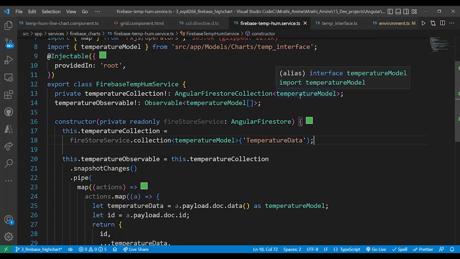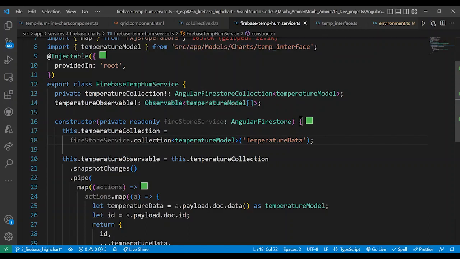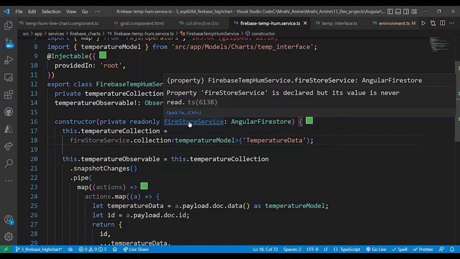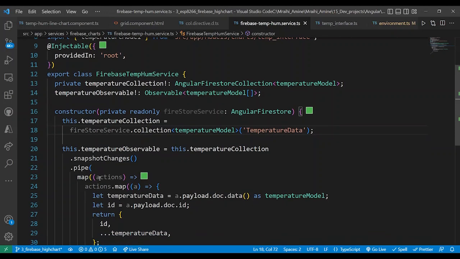And here the temperature collection is the interface that we have created, which has parameters like the ones inside the Firestore collection. And we created an observable of type temperature model, and there will be an array of temperature models, which means that each element of the array will have the temperature and the time parameters. And in the constructor, we have injected a firestore service, and this firestore service will allow us to detect any changes later,